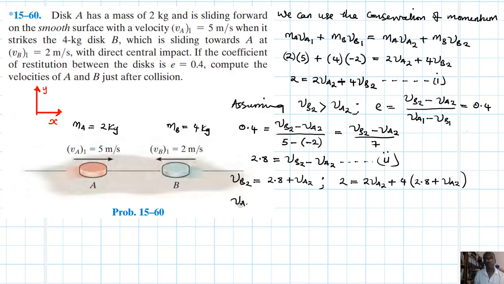Therefore, our vA2 is going to be equal to 2 minus 4 times 2.8, divided by 6. So this gives us a minus 1.53